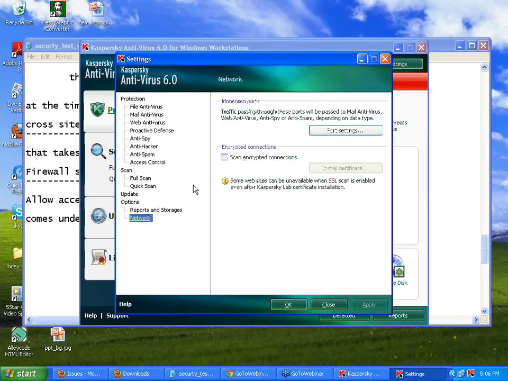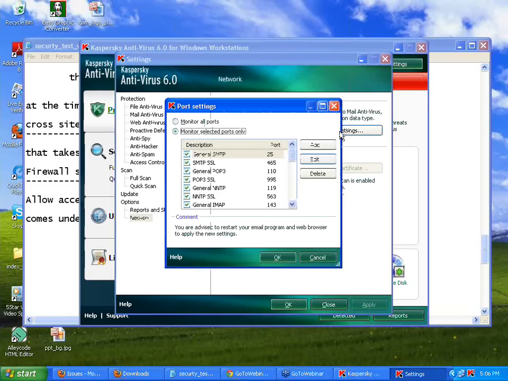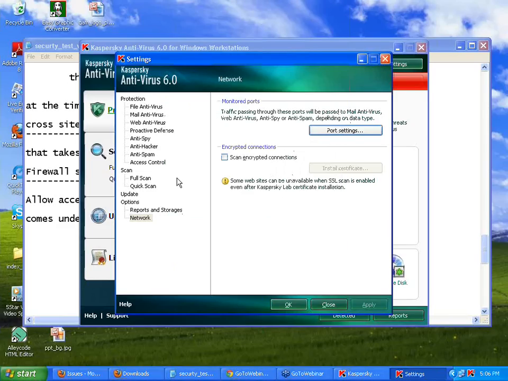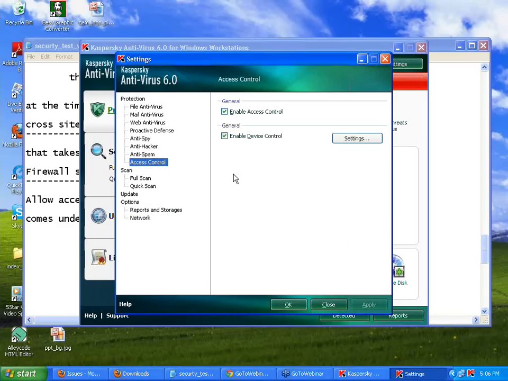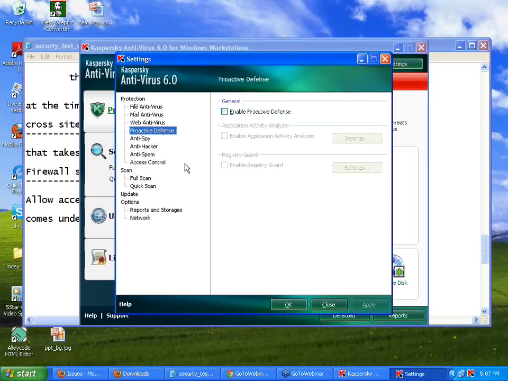Because the moment you allow somebody to do that, that is the basic problem, right? And more than anything else, if you come to the network, there is something called port settings, right? Which ports and what numbers are allowed is all stored over here. So they will always check whether all these areas are properly configured. If you allow everything, that's a problem. So you should have either block or deny. Again, as a tester, you may not know all these details. What you need to do is check with your system administrator and then do that.